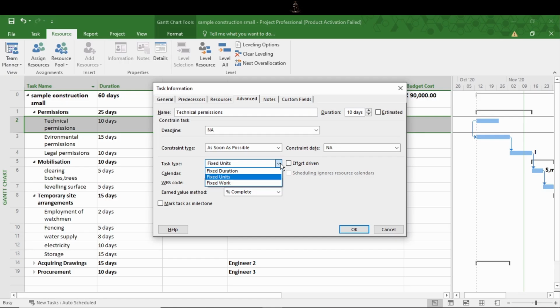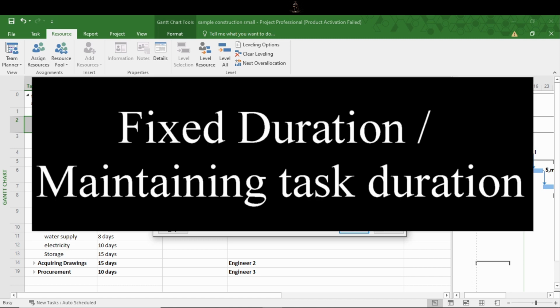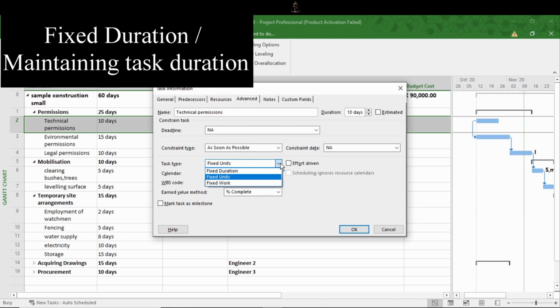We have seen work, duration and units. Now let's understand the most important concept regarding this. Most of us get confused about what happens when one of the parameters is fixed. What impact will it have on the others? I will try to explain in detail. So let's do it. First we will fix duration, or we can say maintain task duration. Because of some project constraints, it often happens that we have to finish some task in a given period of time. So we have to maintain or fix the duration which we have planned. If we do so, what effect will it have on work and units if we change them?